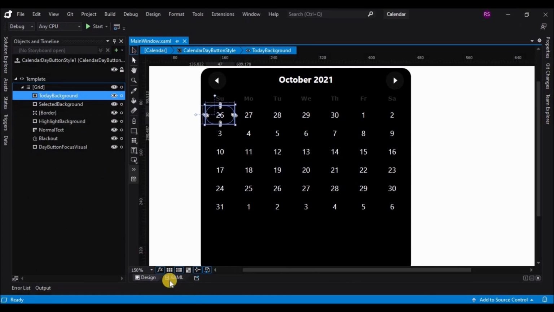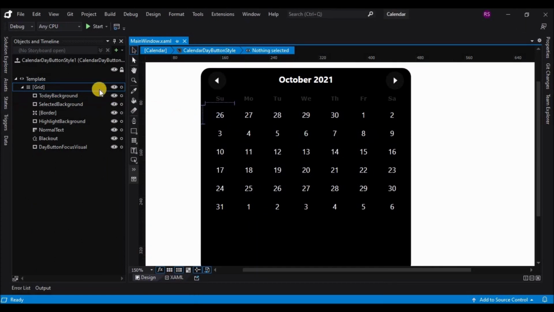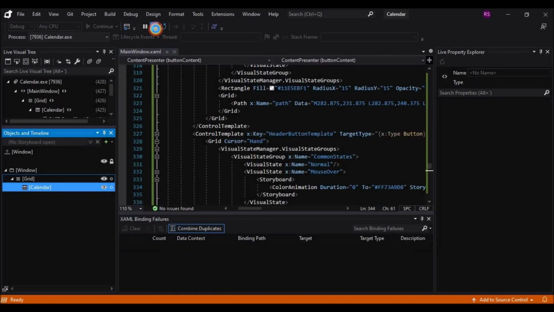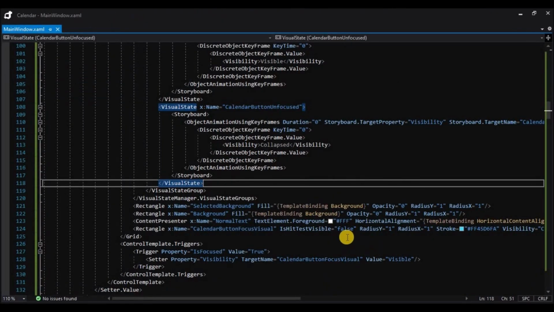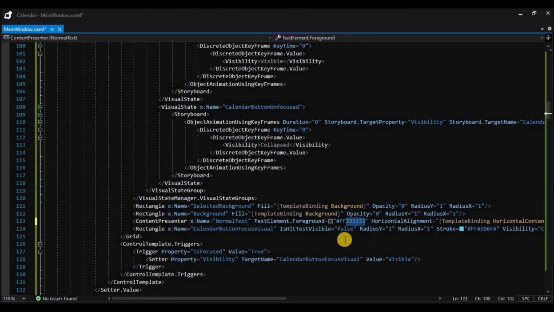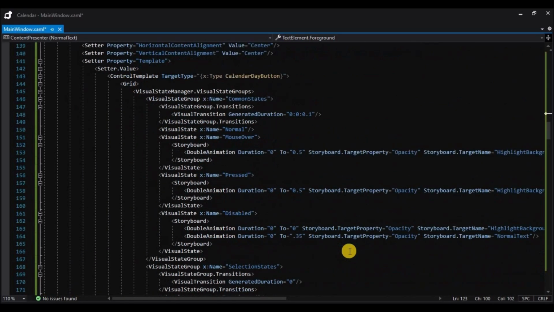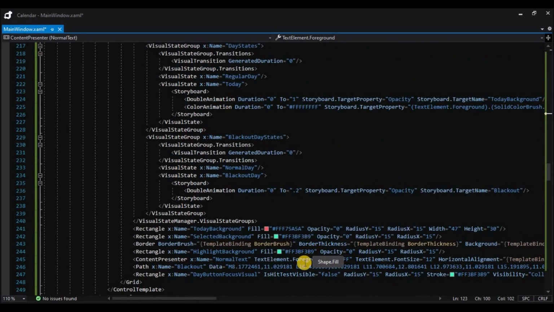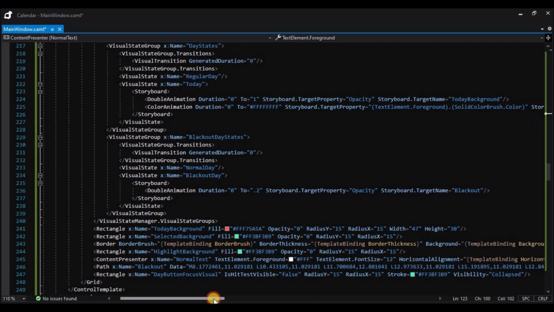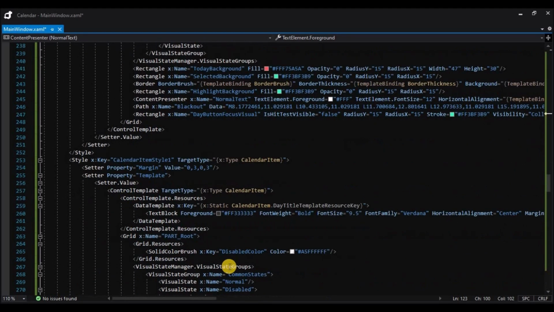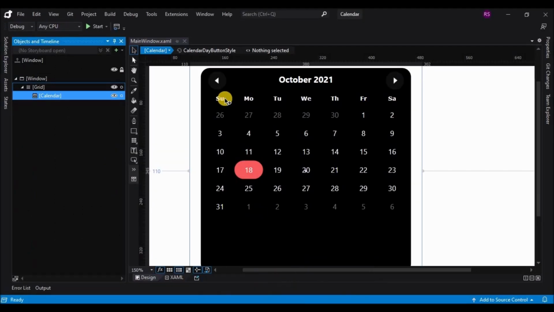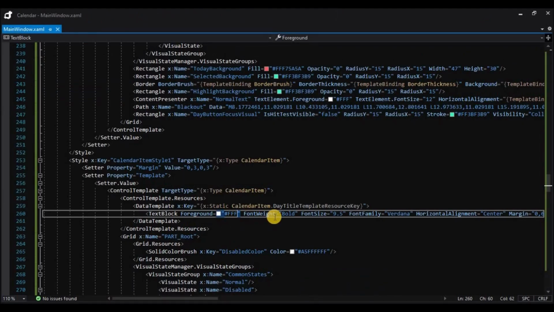So even changing the content presenter did not make the change. Let's once try by running the application. Let's go back to the XAML and revert the changes back for the content presenter, and let's scroll down slowly. And yeah, so here we have the text block in the data template, and we see that it is the same color as we see in the screen. So now when I change it to white, the days of the week have also changed to white.